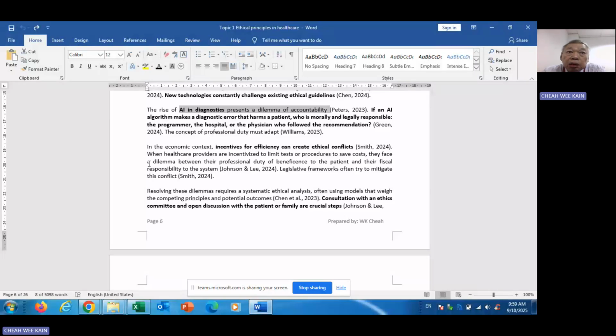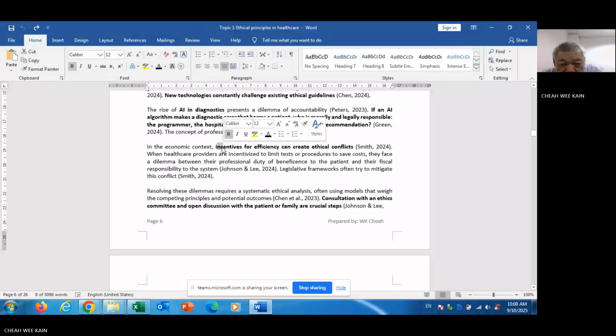So that's the problem. If you use AI to do diagnostics, and something is wrong, who's to blame? The machine? The programmer? The one who's feeding all the AI information? Sometimes they will try to deflect: it's not my problem, it's not my problem. Okay? Is it the hospital, the programmer, or the physician who follows the recommendation of the AI? So,